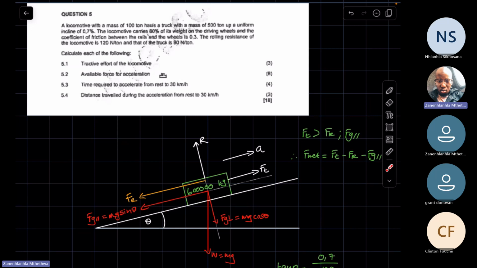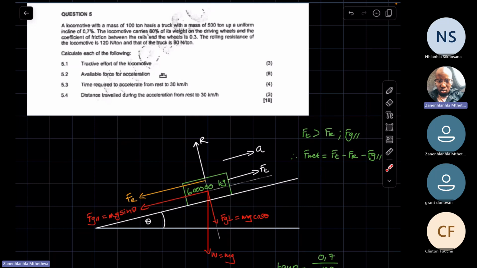FG parallel, right? Because remember, you're not only considering the mass of the locomotive, but the mass of the locomotive as well as the mass of the trucks it is hauling. That is why here, instead of having both masses, right, I simply added the mass of the locomotive, which is 100 tons, as well as the mass of the trucks being hauled, which is 500 tons. So adding that gives you 600 tons. 600 tons converted to kilograms is 600,000 kilograms,